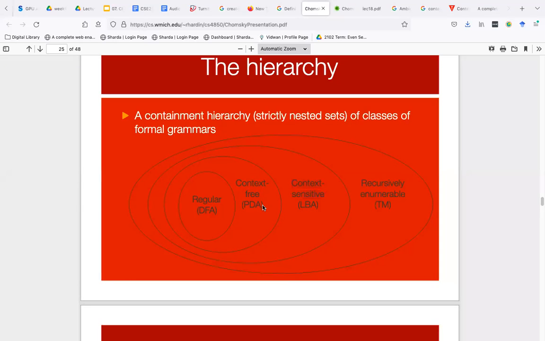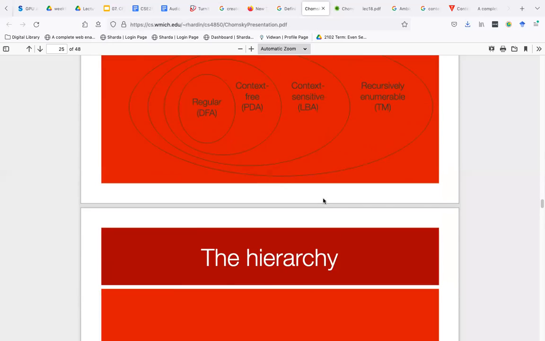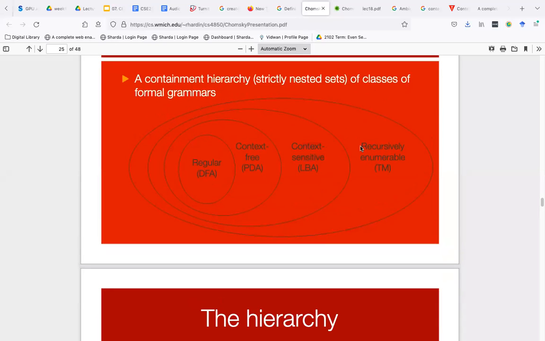तो अगर एक language PDA से accept होती है, if a machine which is push down automata can accept a language, it can also accept another language which can be accepted by a DFA. Okay, one thing. This is what is called as hierarchy. Similar for this thing. All languages which are context sensitive, context free, as well as regular, are also recursively enumerable languages. So it is like a